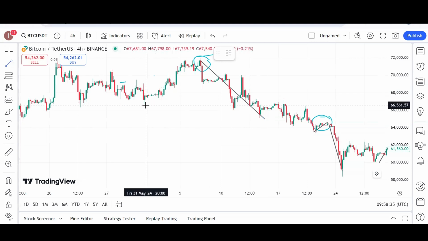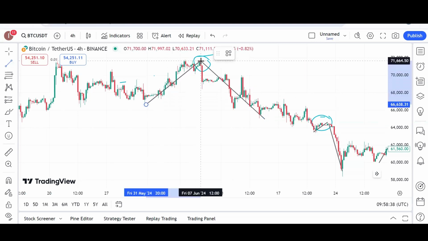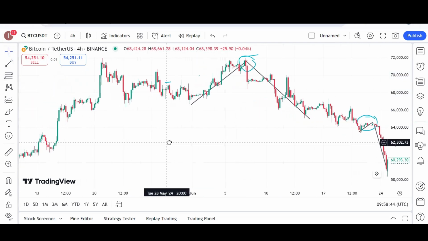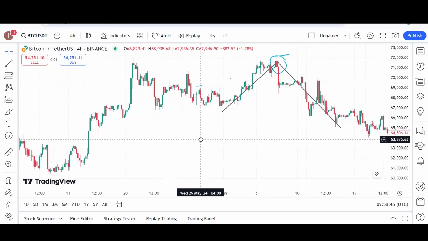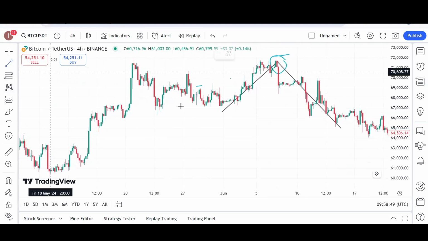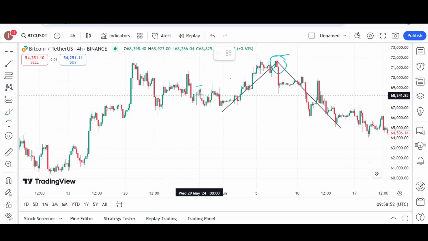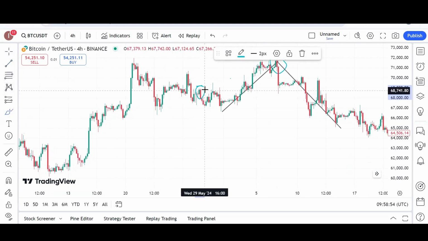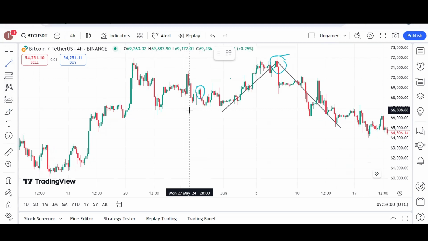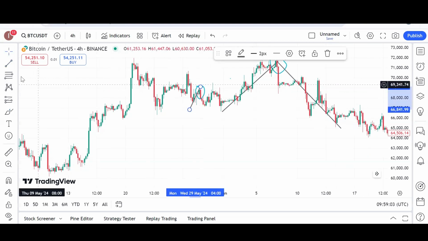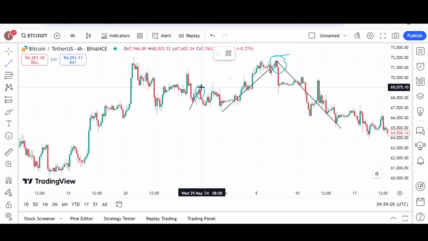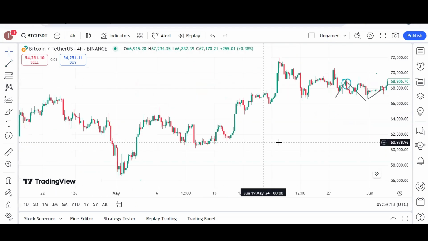The key requirement is that the market must be upward for this candle. Now we can see some small examples in a lower time frame. Here you can see the bearish red candle engulf the previous green one. At first the market is upward. When the bearish red candle appears, it engulfs the previous one. Then the market goes in a downward direction.